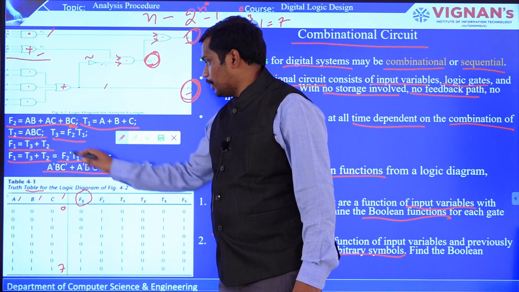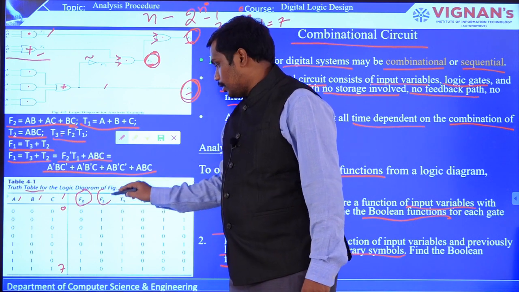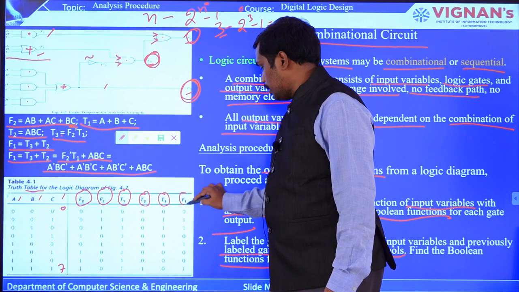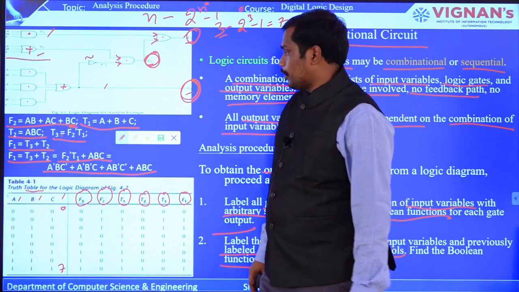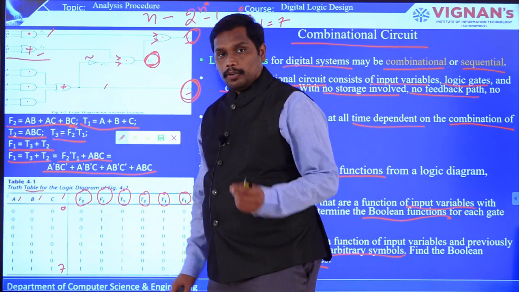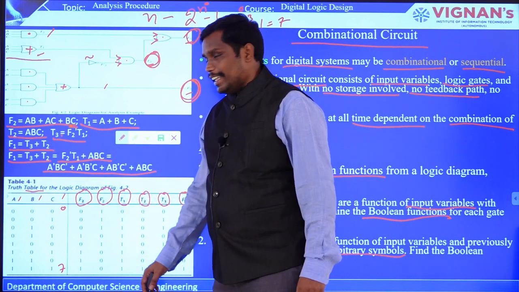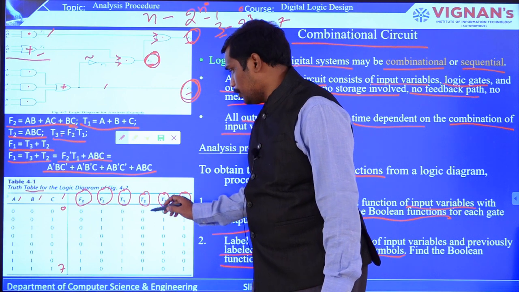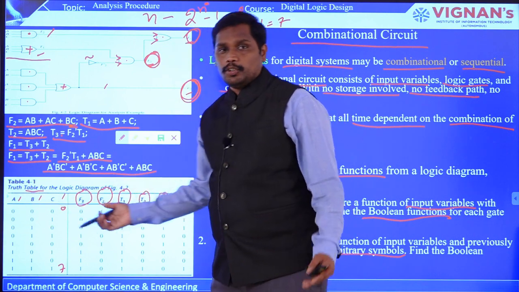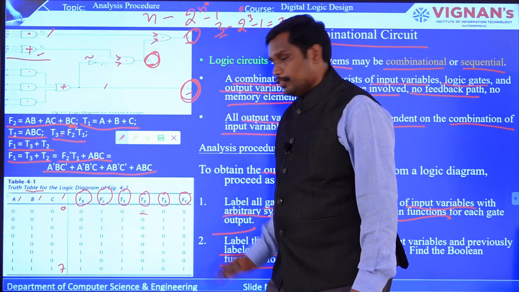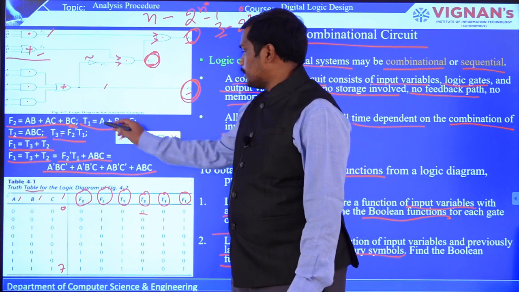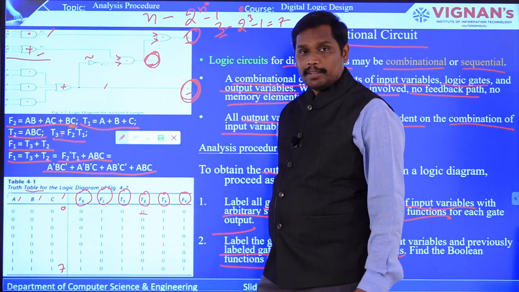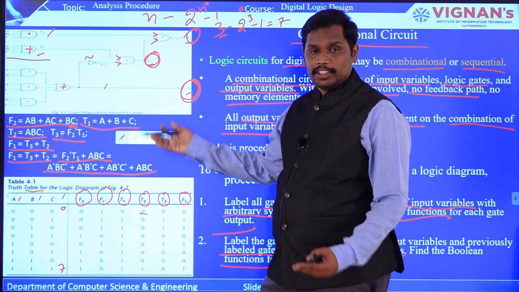Now you are going to find out what F2 is based on the given equation or function expression. So you are going to identify all the possibilities. For example, we will take T2. T2 means it is A dot B dot C. So here you can see T2, that is 0 dot 0 dot 0, which is 0. So you are going to have 0. Now you can see something like T1. This is how you are going to construct a truth table based on the logic diagram that you have been given and the Boolean functions that you extract.